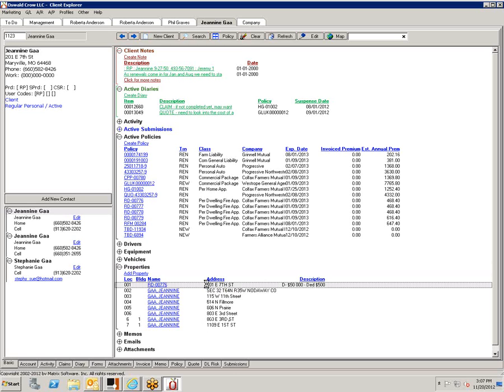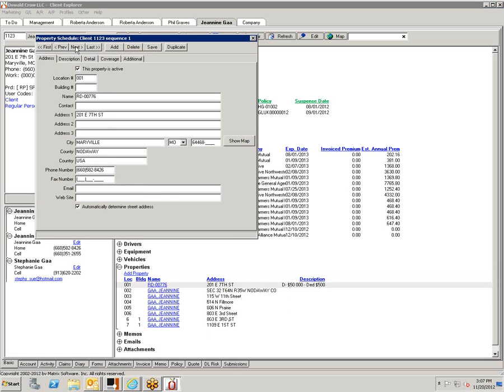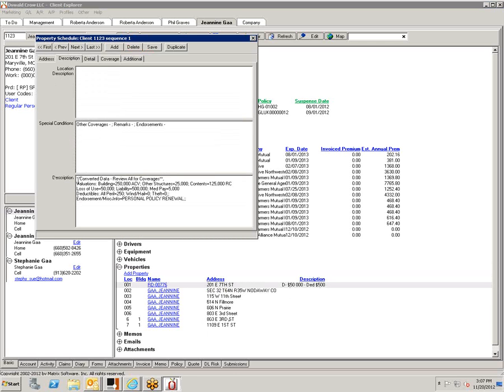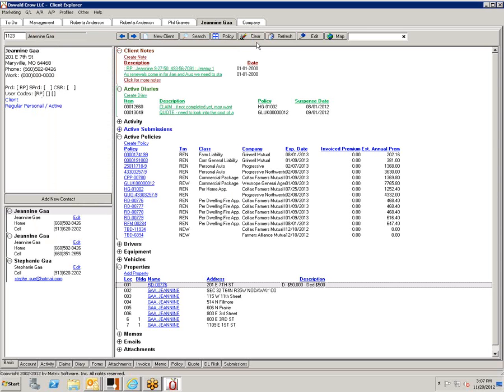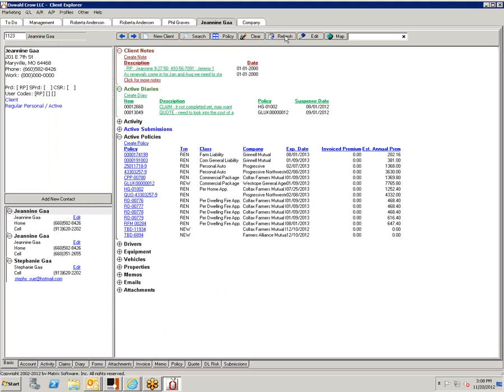And then in here, you've got the ability to put all kinds of information like this, and just maintain it here. And then you've got all this detail, square feet. I mean, you can manage it right here. Since it's not going to download, that's what I would do. Okay.